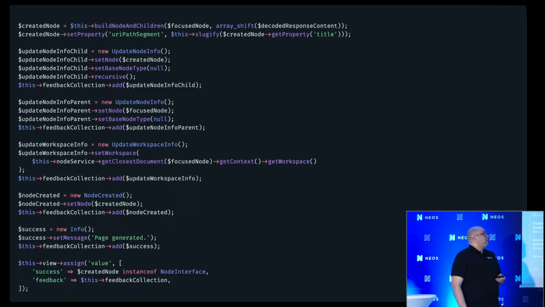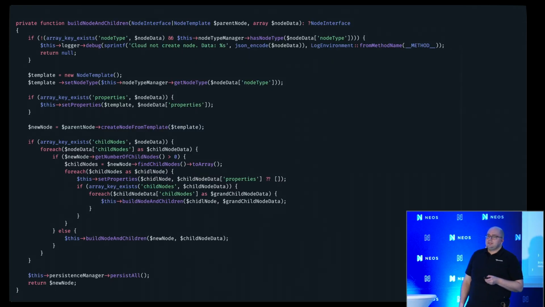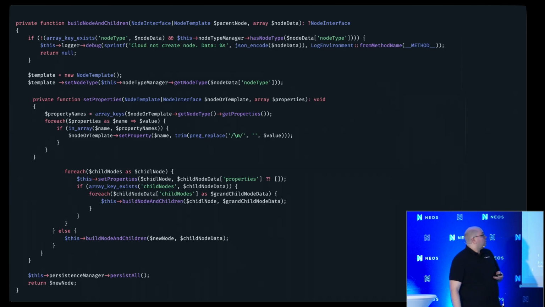Here, the interesting part is that I get my response as JSON. Sometimes some bit of cleanup was also needed. That code is really interesting. But the interesting part starts here again, where I have my structure and now build my node types from it. For this, I wrote this recursive function where I build my node and then set all the properties on it, which is relatively simple.